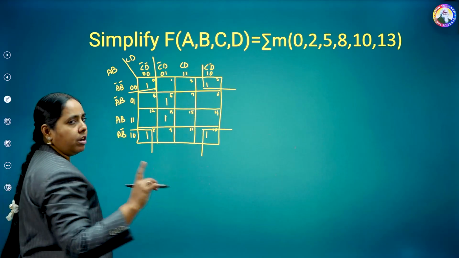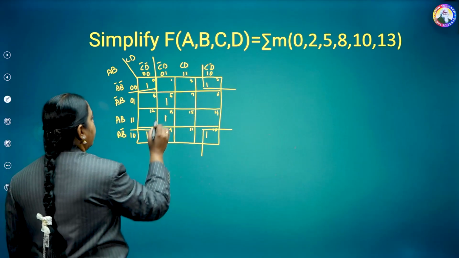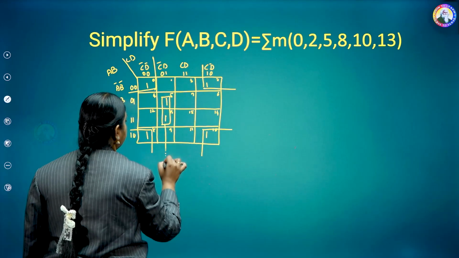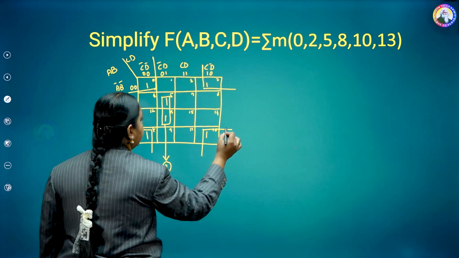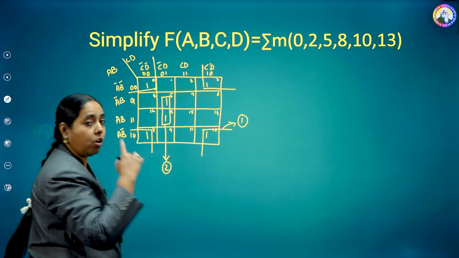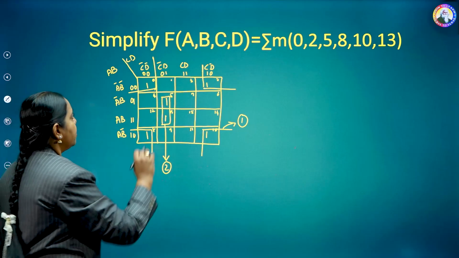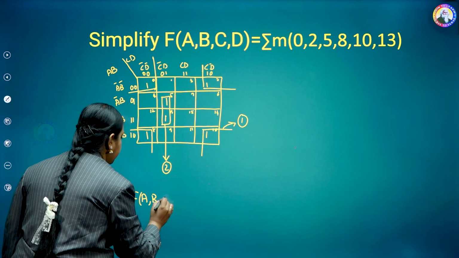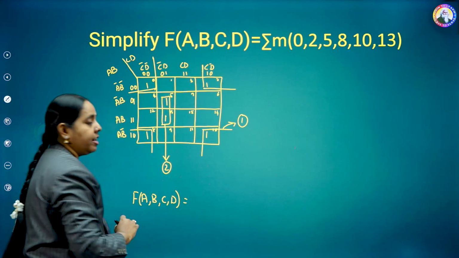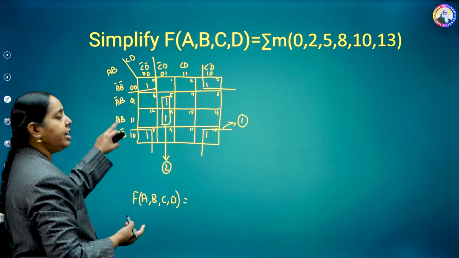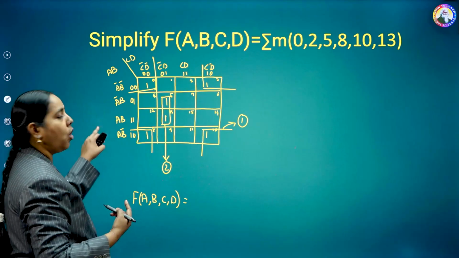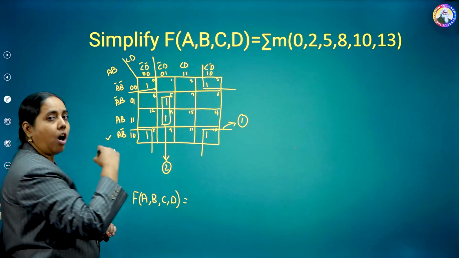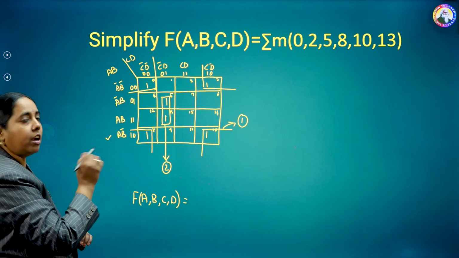All the 4 corners will give us only one term, and this is one group. So I'll have 2 group terms here. This is the second group and this is the first group. All the corners give one term. So the simplified expression f of a, b, c, d can be written as follows: if I take all the 4 corners, I need to observe the corner cells, that is, corner horizontals and corner verticals, a, b bar.